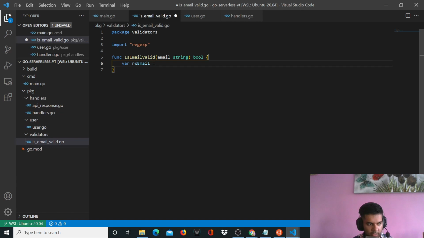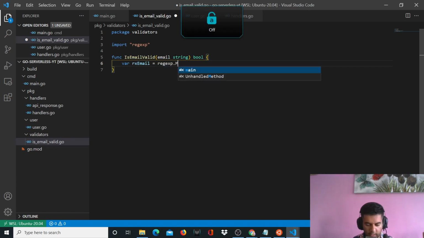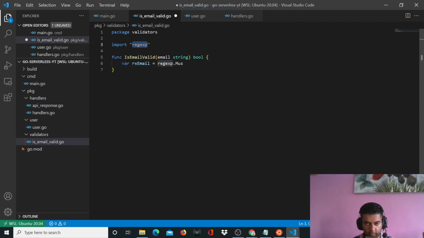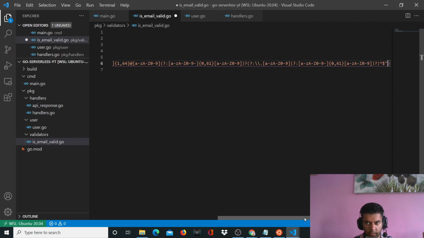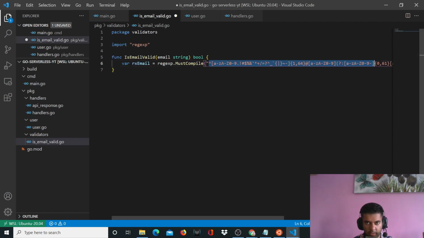We'll take a variable called rx email. We'll use the regular expression package. And if you look at the regular expression documentation, like I have in front of me, you go to the Golang official documentation and check out the regular expression package. I highly recommend you to open it if you want, because that's what I've done out here in my other screen. We'll use the function called must compile. And I'm going to copy and paste a regular expression string here. You don't really need to understand what this does. You just get it directly from the